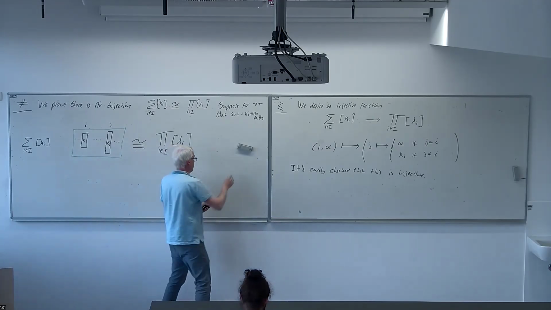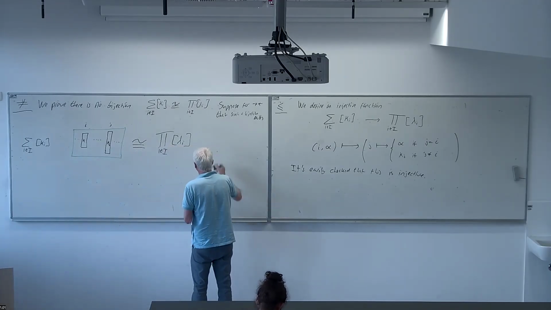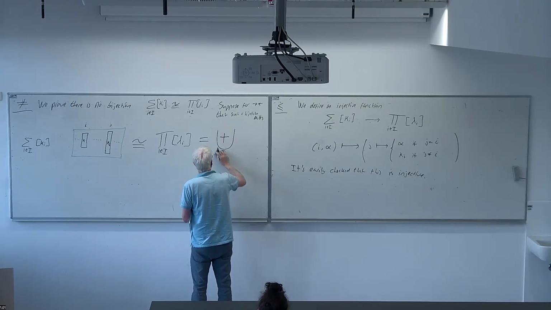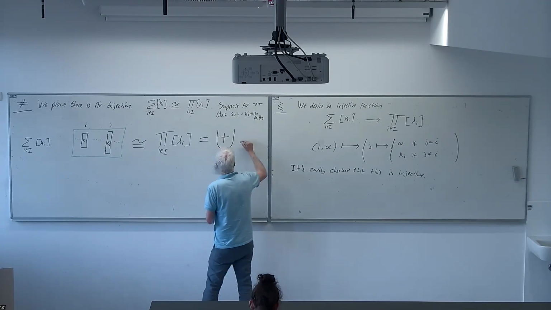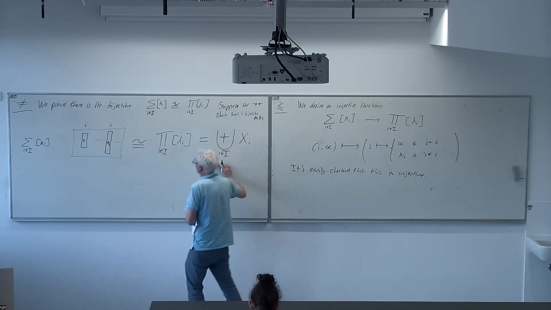So we can write this set here as a disjoint union indexed by elements of sets that we'll call X sub i,